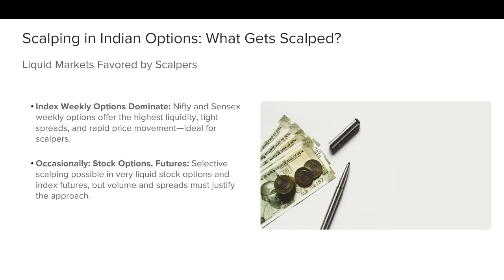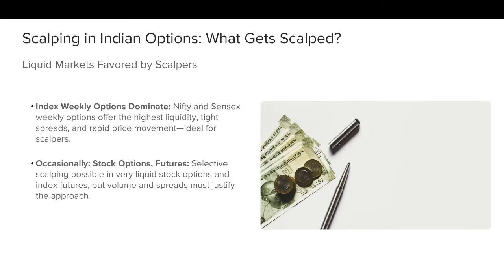Now, why do we prefer the weekly options? They offer the highest liquidity, tight spreads, and rapid price movement. What do I mean by highest liquidity? If you see the Nifty weekly options, in terms of volume, they are the biggest compared to futures, compared to